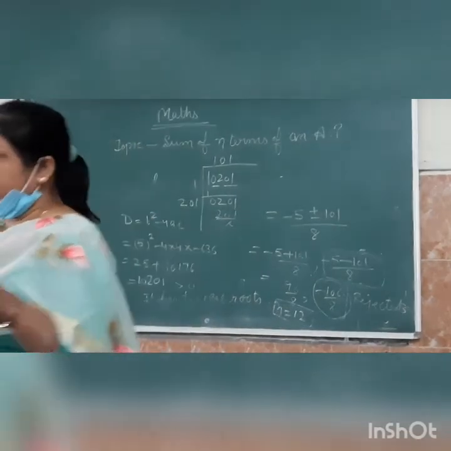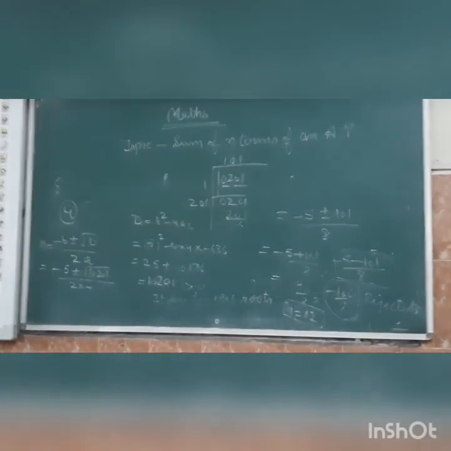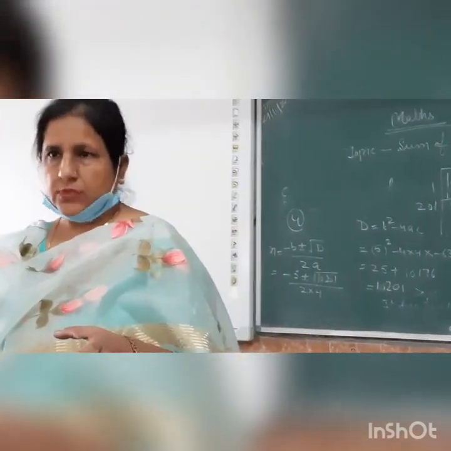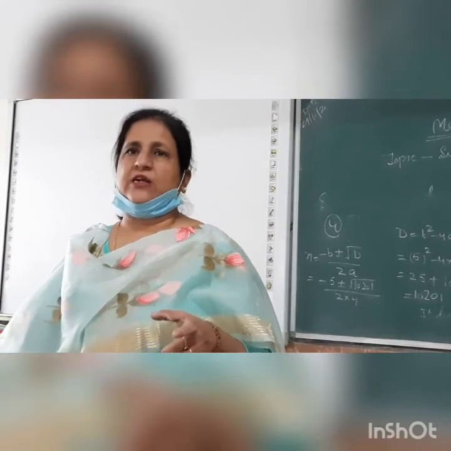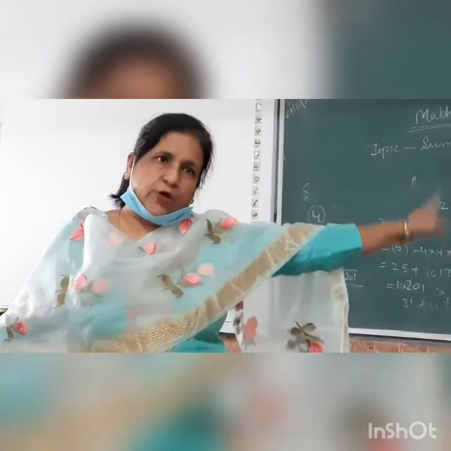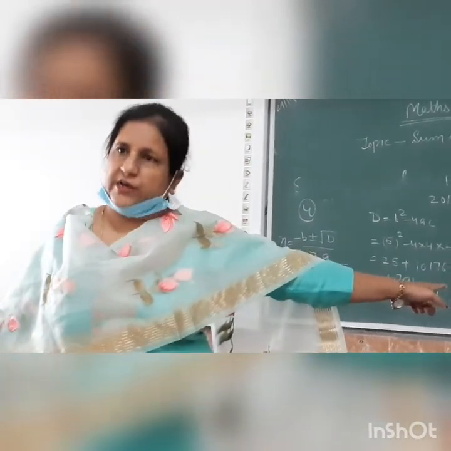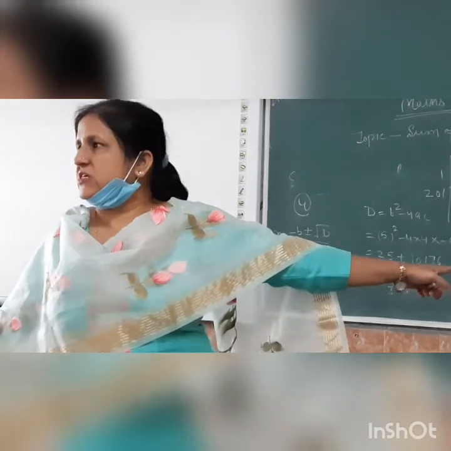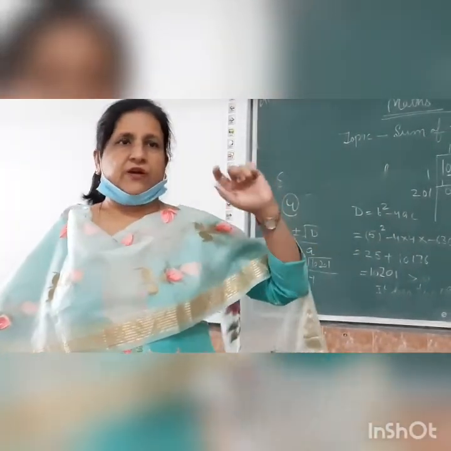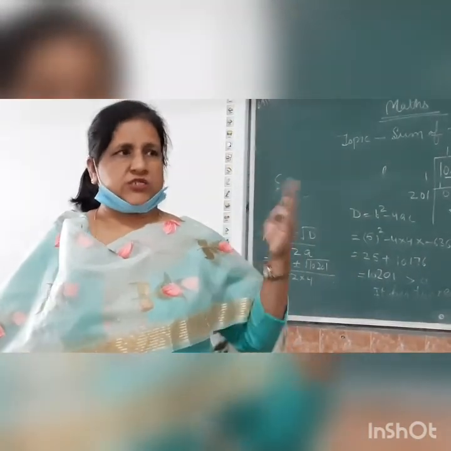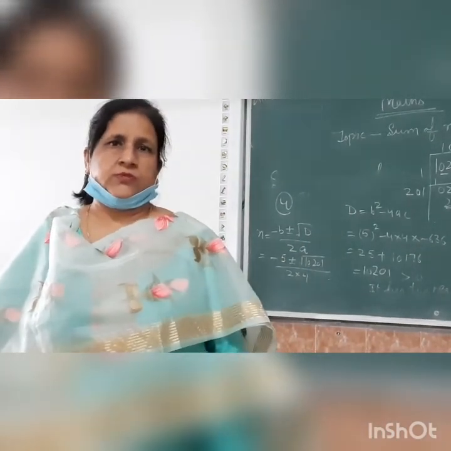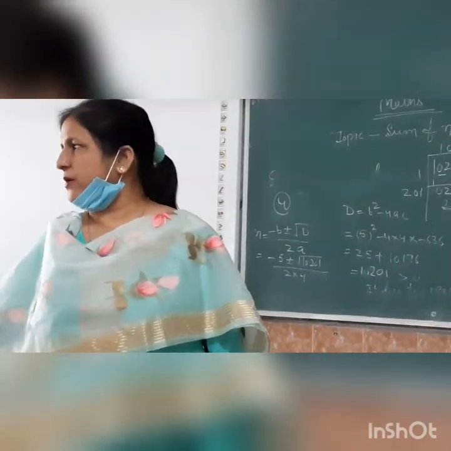When sum is given, a is given, d is given, how can you find the number of terms? First of all, use the formula of Sn. Put all the values of Sn, a and d. You can find the value of n. If there is a quadratic equation, you can use the quadratic formula. We already discussed that in chapter number 4. Then find the values of the given variable, and if the value is possible, that is the answer, and if not possible, reject it. Is that clear? Okay, thank you.